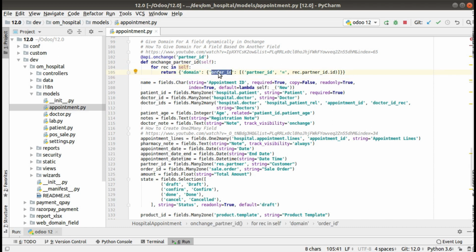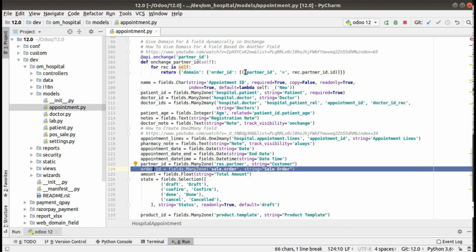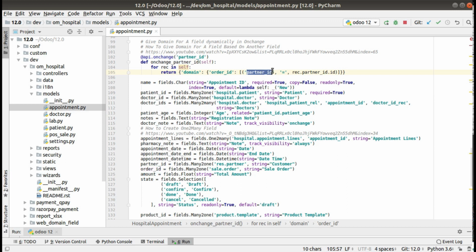Order ID is our field name, and inside sale order we have a field called partner ID which is matching with rec.partner ID, which is the selected partner. Here rec is the iteration of self, so we are returning that the sale order should be matching the partner.